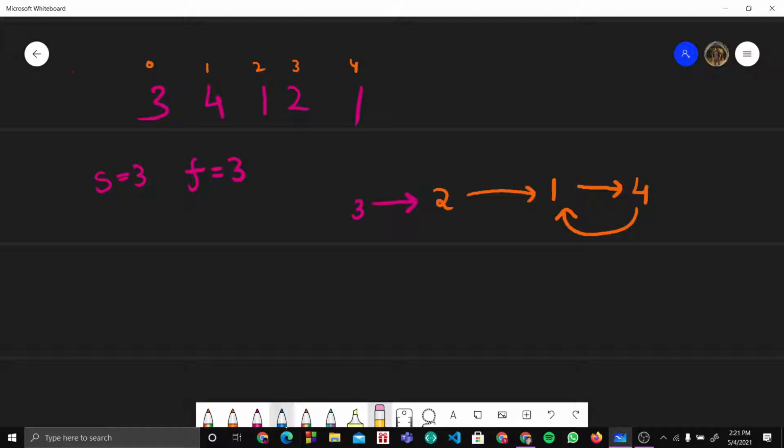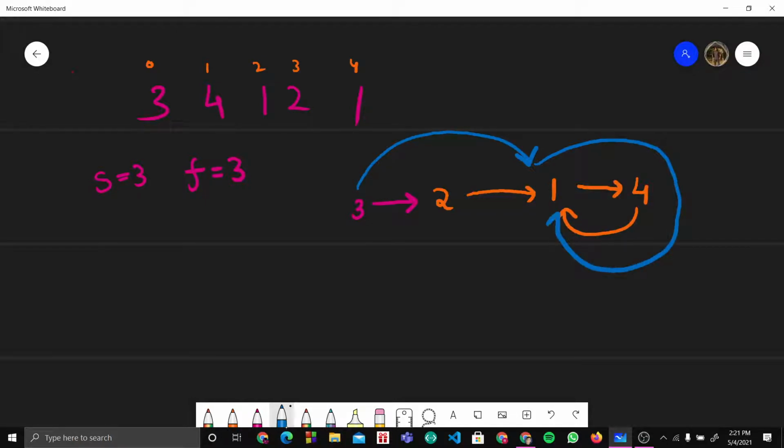Now in case of my fast pointer, what will happen is f of 3, and then f of that value, so f of 2 is actually 1. So it will directly jump onto 1. Then f of 1 is 2, and after that again f of 1 is 4, and f of 4 is 1.